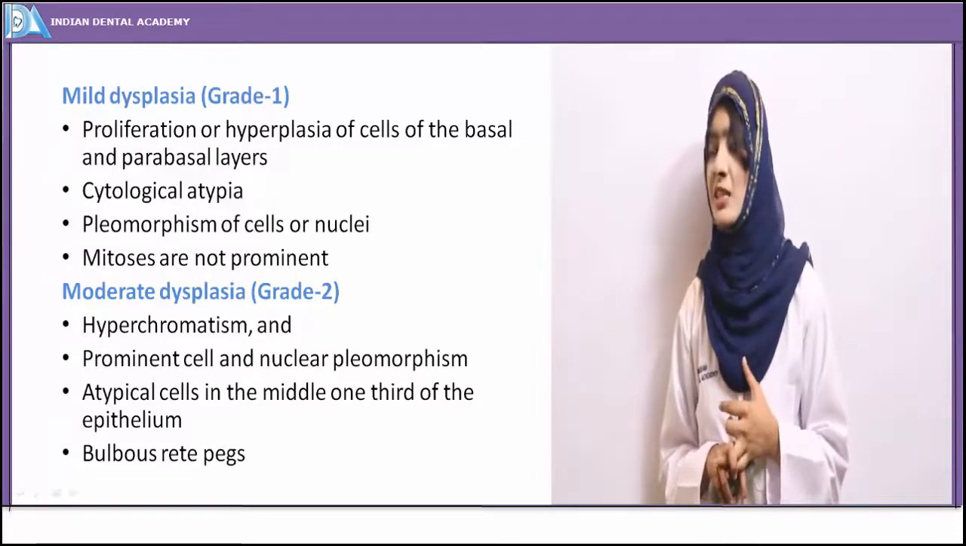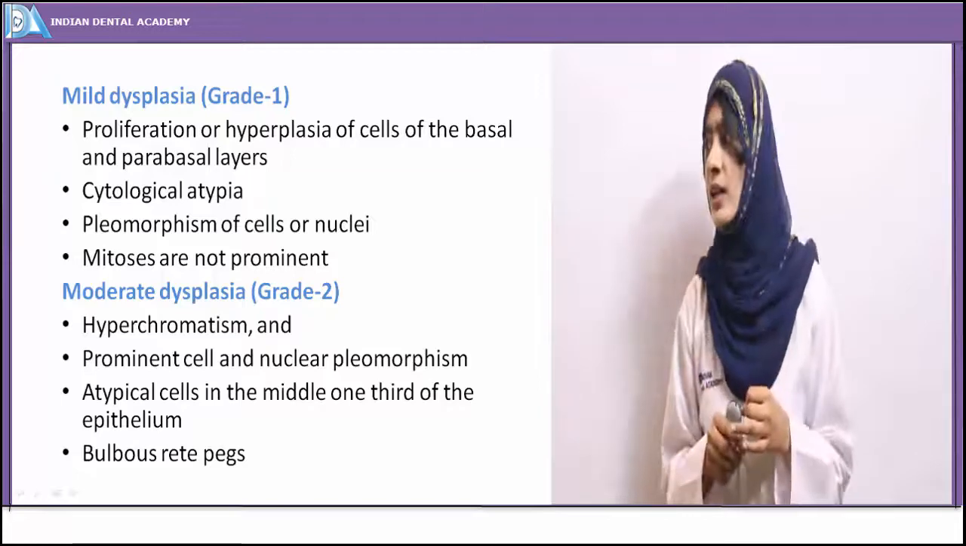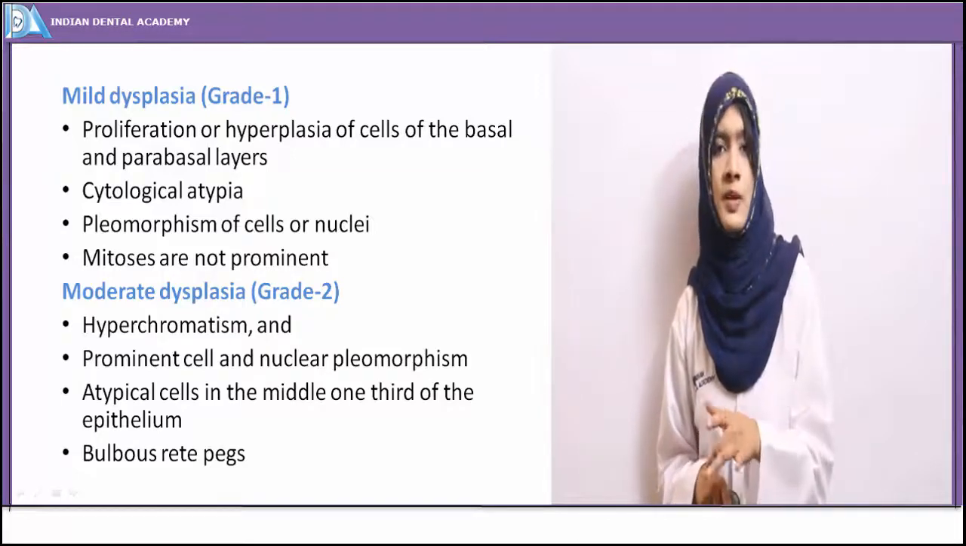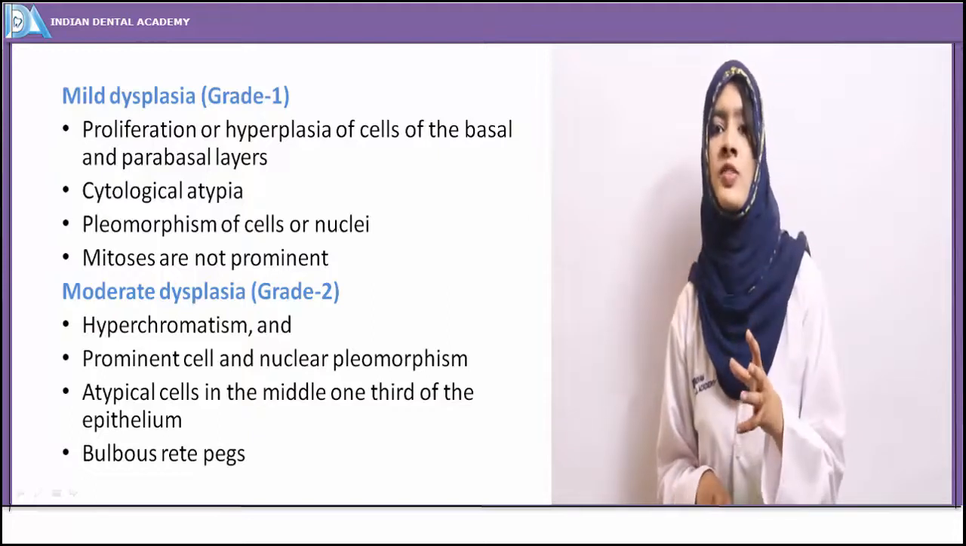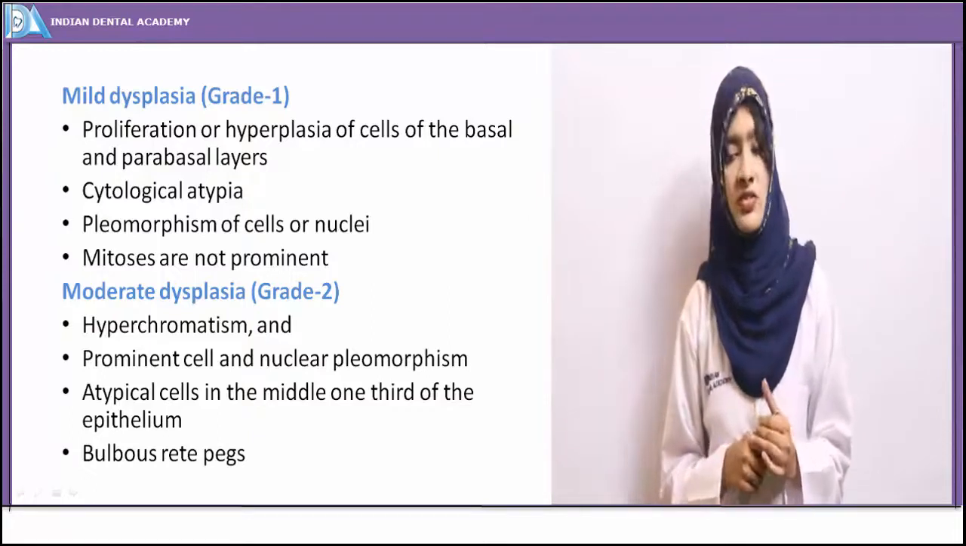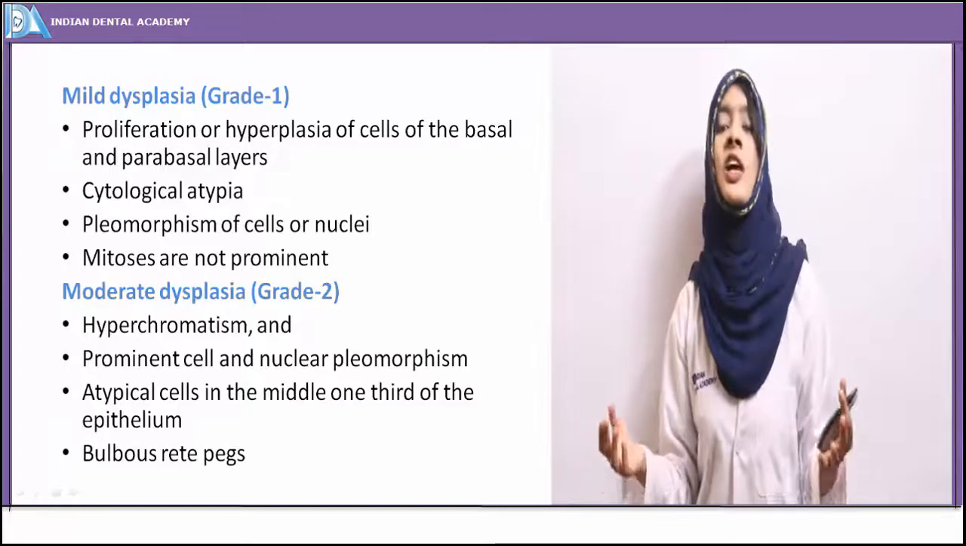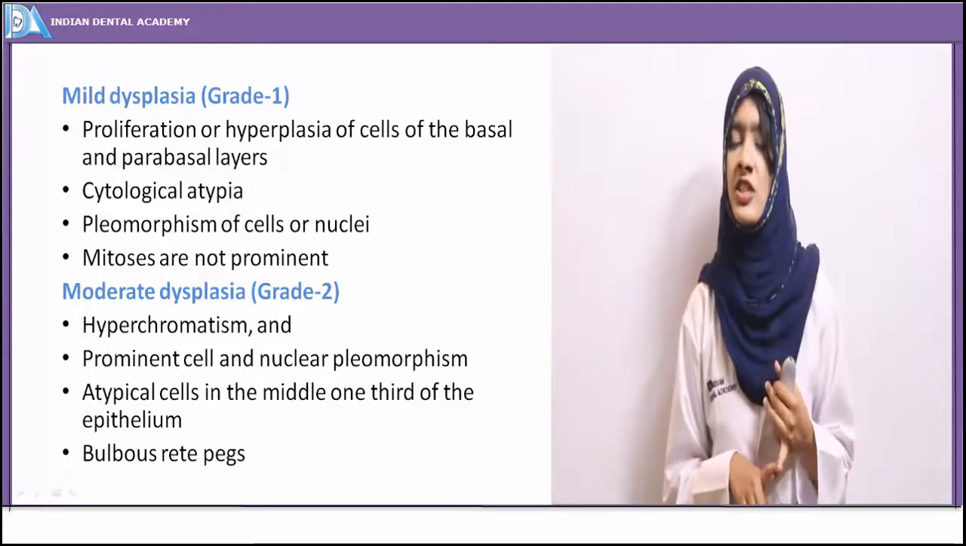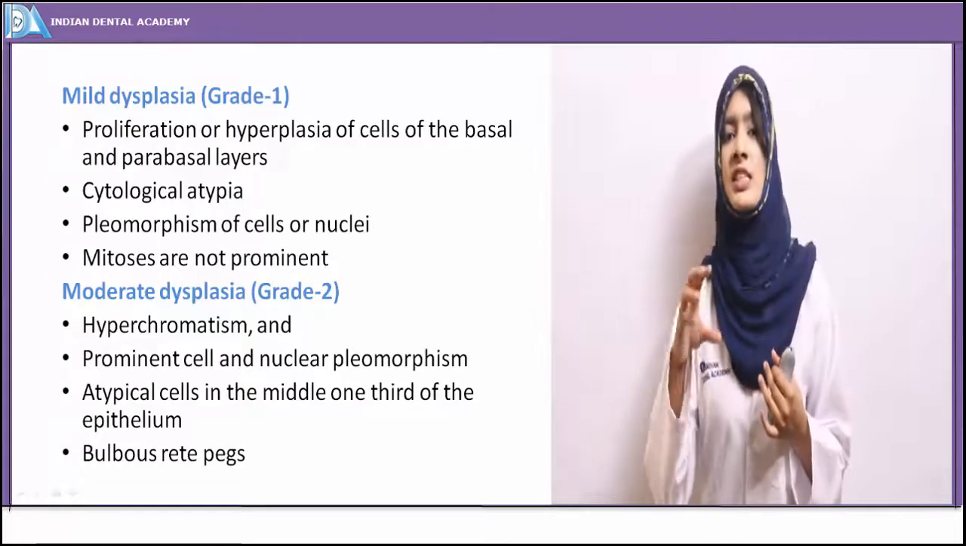Cellular atypia is present, which is very minimal, and the pleomorphism of cells or nuclei may or may not be present, or unusual pleomorphism is present, and mitotic figures are not prominent at all. So mild dysplastic features are seen, the mitotic features are not prominent, and